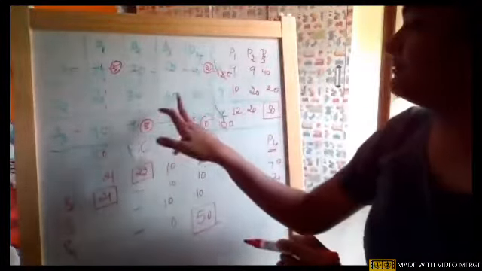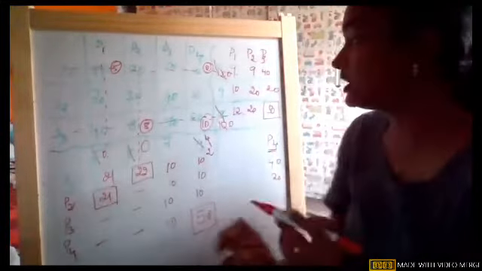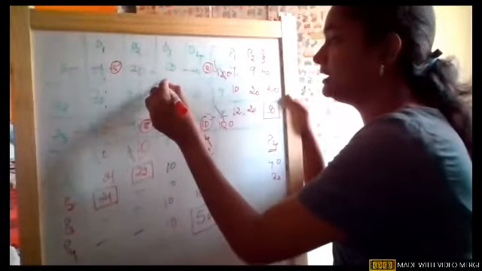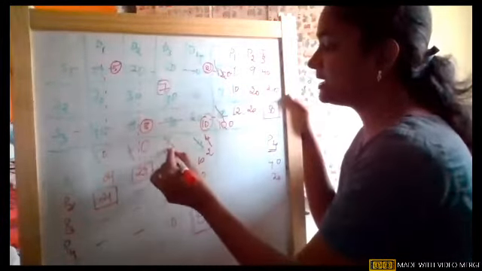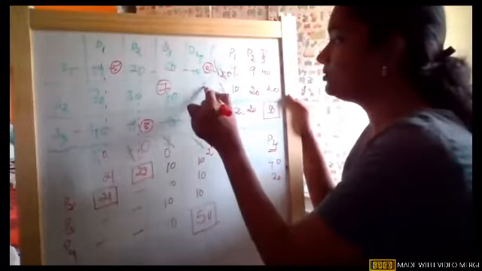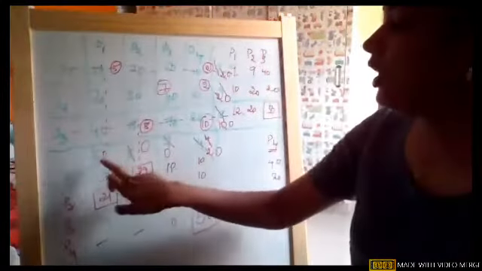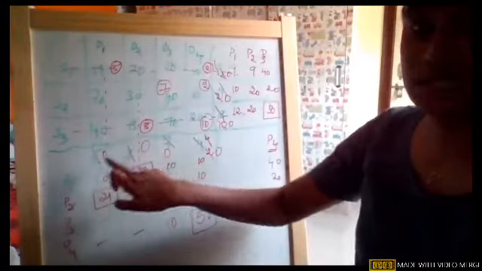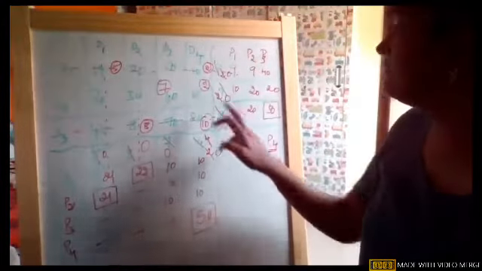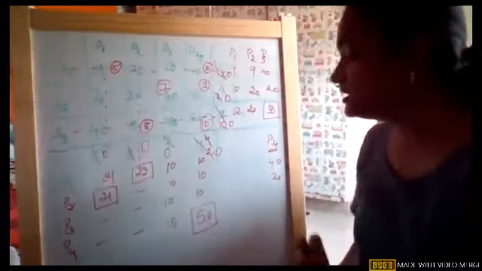Now we have remaining only 2 things, 40 and 60. Now I can do the same process. At 40, we have 7 and 9. So I'm allocating 7, 7 minus 7 is 0, 9 minus 7 is 2. Near 60, 2 and 2 are remaining. So 2, 2. Now if you see, all the column demands have become 0. You can check that way. Even row-wise, all row supplies have also become 0.